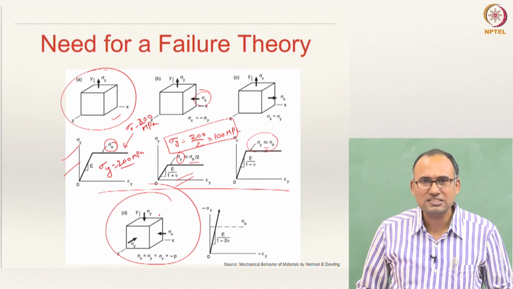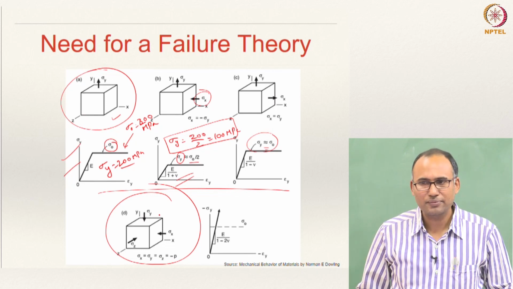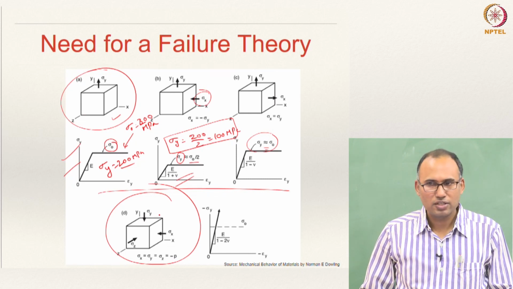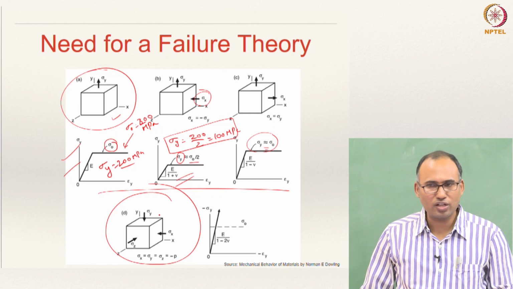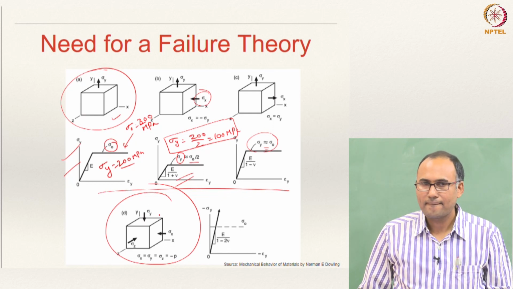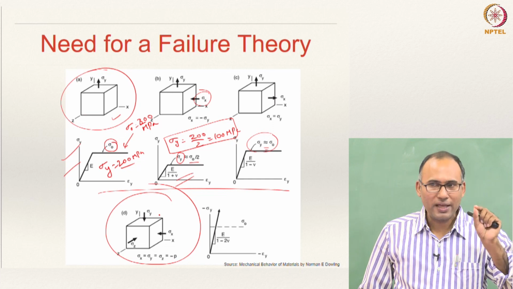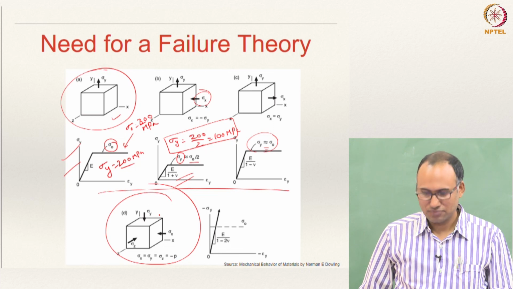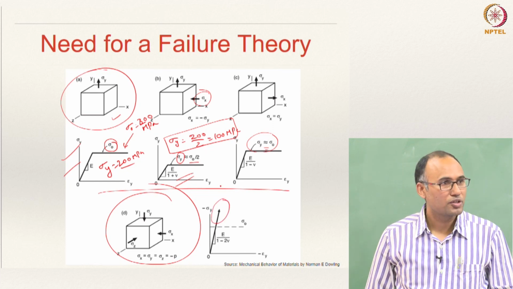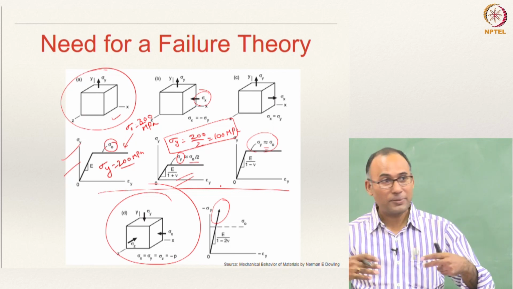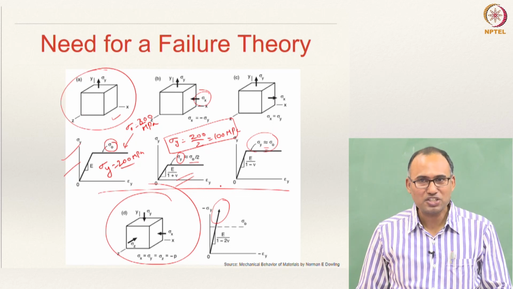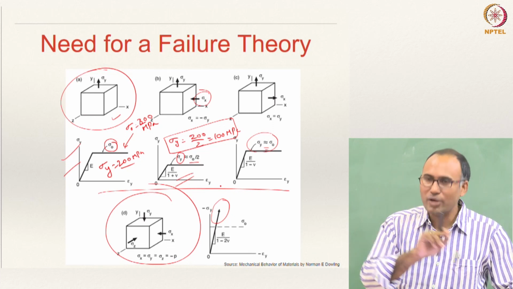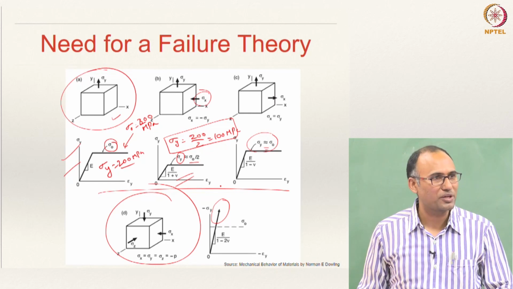Let us say this material has the same yield strength in tension and compression, hypothetically. Then should it yield or not? It should yield when sigma y becomes sigma naught, or not. But it turns out that if you are applying hydrostatic loading, the material will never yield. You can see the material is continuing. So, just by prescribing hydrostatic stress, the material will not yield at all. Plastic deformation cannot be imparted only by applying hydrostatic loading.